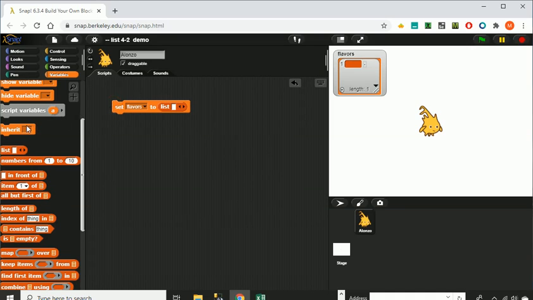So if I run it right now, I have a list and it's empty. Well, it has one value. It has nothing in it. Now it's an empty list and its length is 0. So there's one way we can add elements to a list, and that's if we manually enter